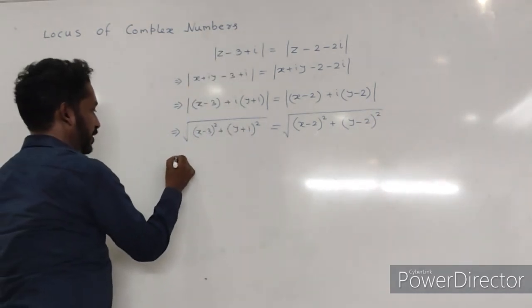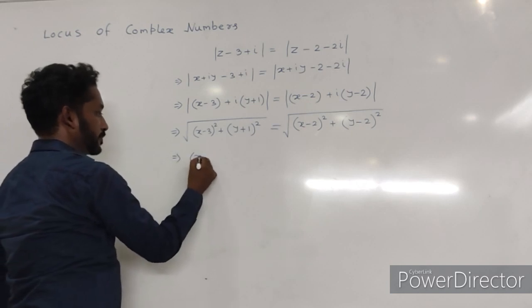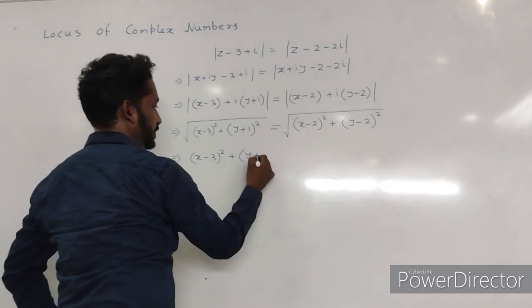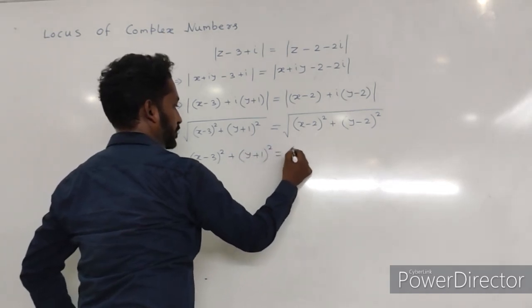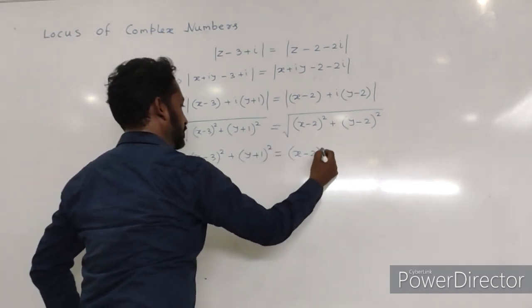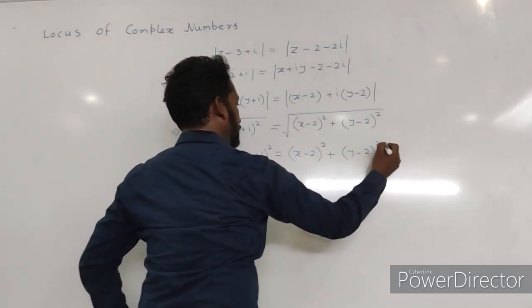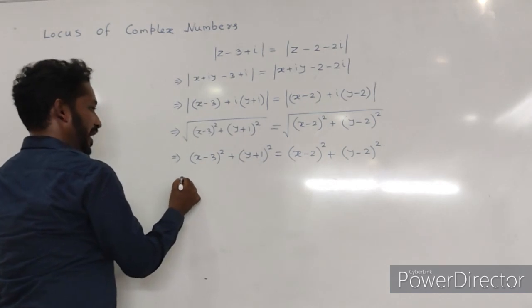If you take out the square root signs, if you square both the sides, now you see that we can write this